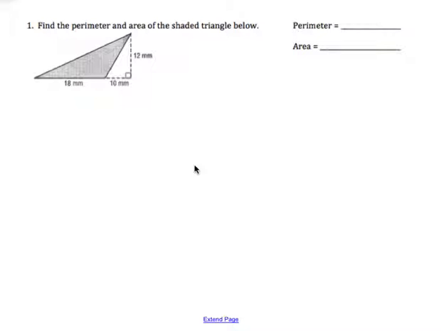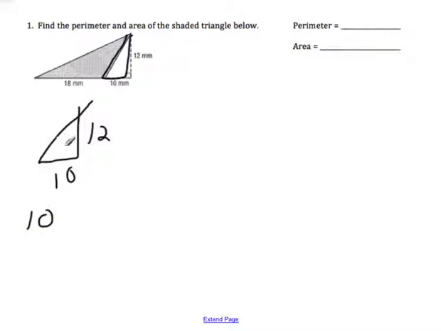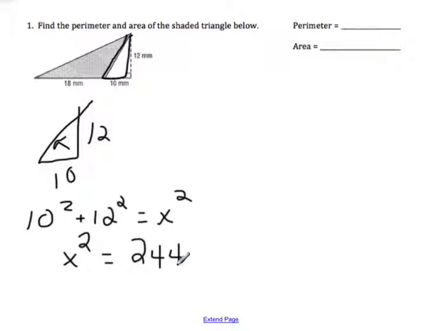So first question is the perimeter. In order for us to get the perimeter, we need to do some calculating. Okay, so we have basically two right triangles. To get this side right here, I'm going to use the Pythagorean theorem. So here I have 10 and I have 12. That side that I want to know is my hypotenuse, so I'm going to set that equal to x squared. Again, I'm hoping you guys can solve the Pythagorean theorem comfortably on your own right now. So you end up getting that x squared is equal to 244. Then when you take the square root of 244, you get that side length right there is